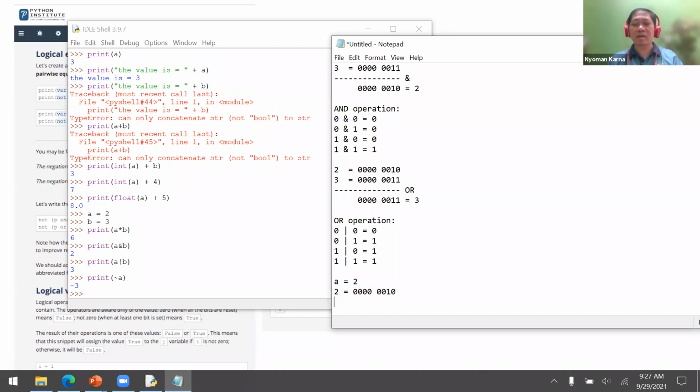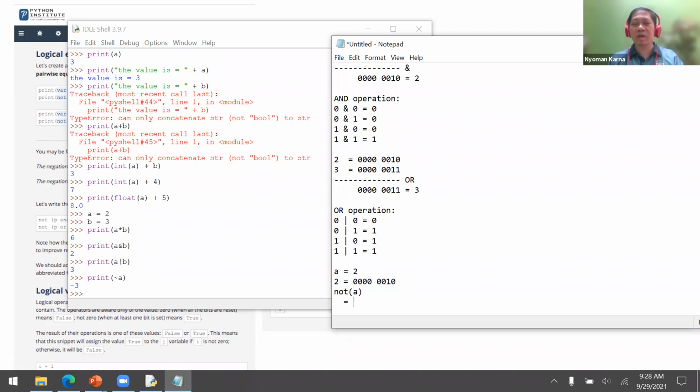And then not A will become the negation, 0 becomes 1, 1 becomes 0. So the 0s will become 1, and this 1 will become 0, and then 0 will become 1. So this is actually the result.